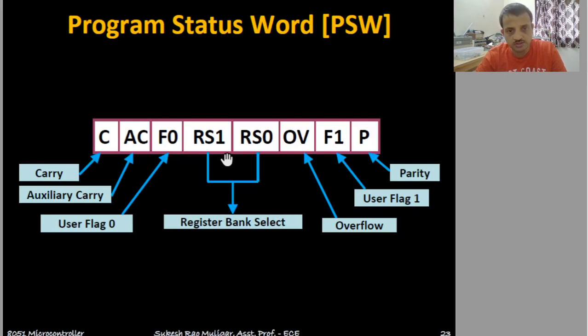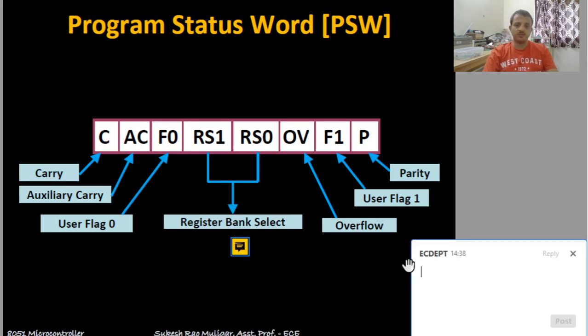So here what happens is the RS0 and RS1, there is a value for this bank. Depending on the value given here, the value of this program status word will decide which bank should be selected. So generally this RS is the bank selection register. When these bits RS0 and RS1 are 00, bank 0 will be selected. When it is 01,